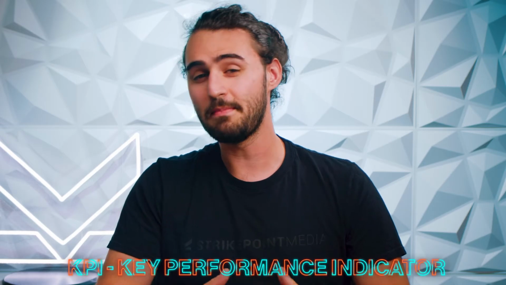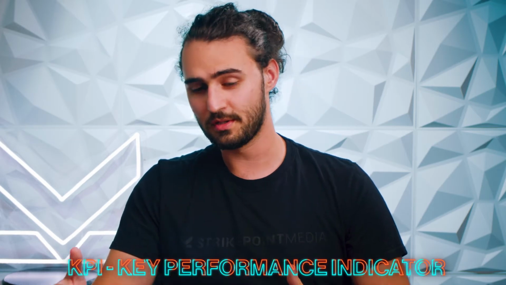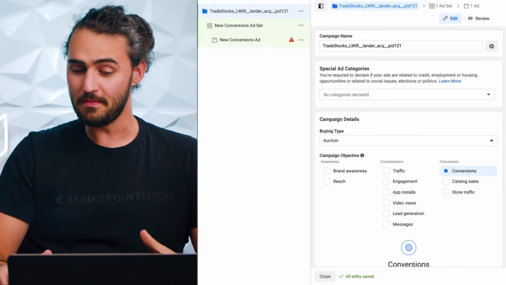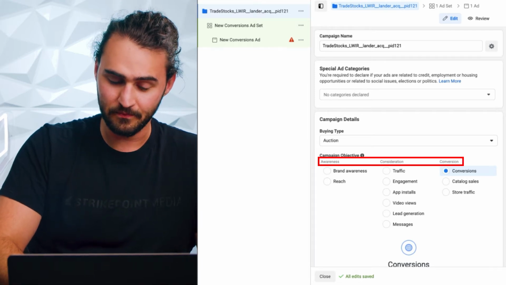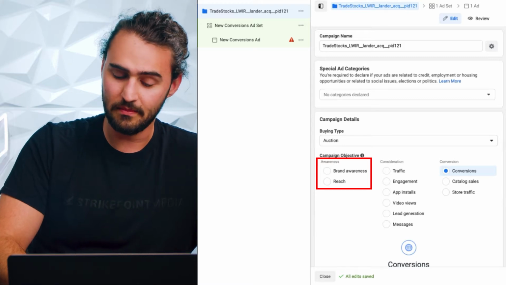your traffic quality. Now, to determine the type of traffic quality that is going to be best for your campaign, it depends on what your KPIs are, or what you're specifically targeting to seek in your returns. When it comes to traffic quality, it all revolves around the conversion event, of which there are 3 main trees: awareness, consideration, and conversion. From left to right, awareness is going to be your lowest quality traffic, meaning that Facebook